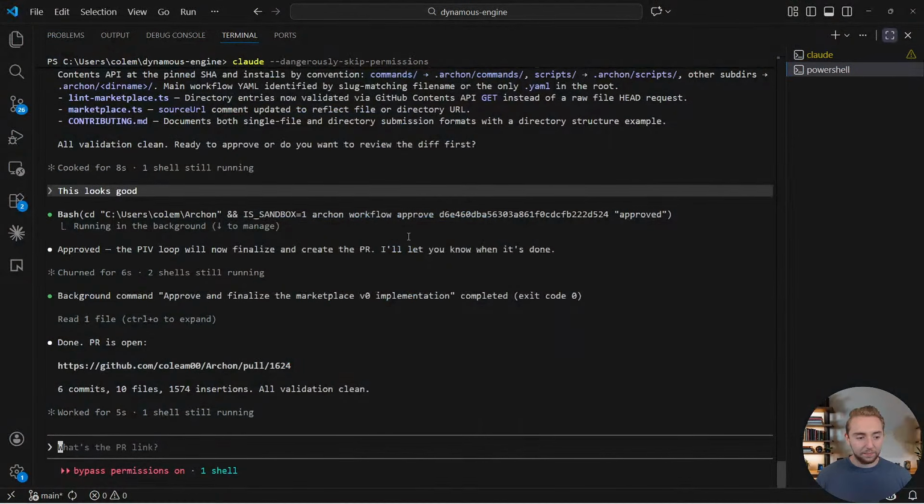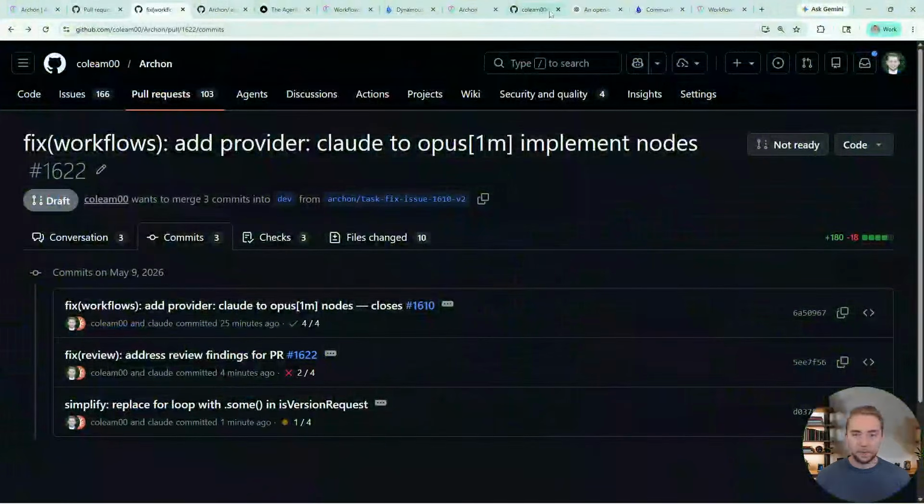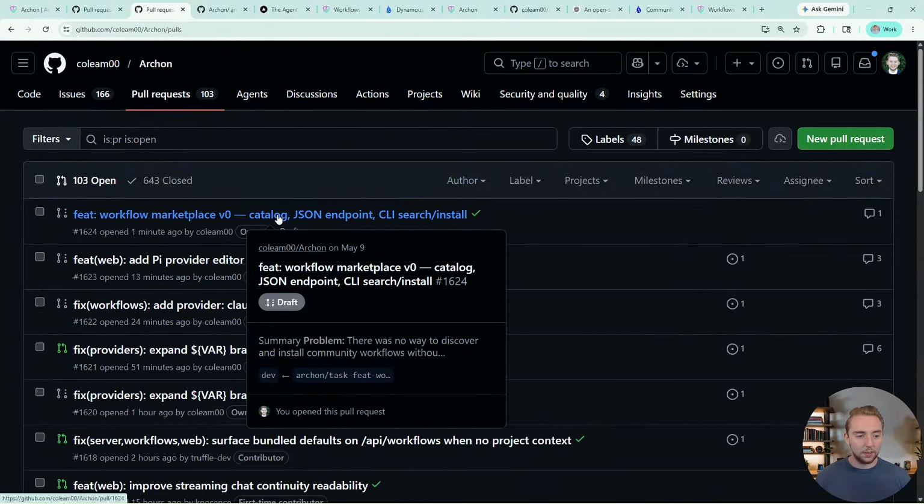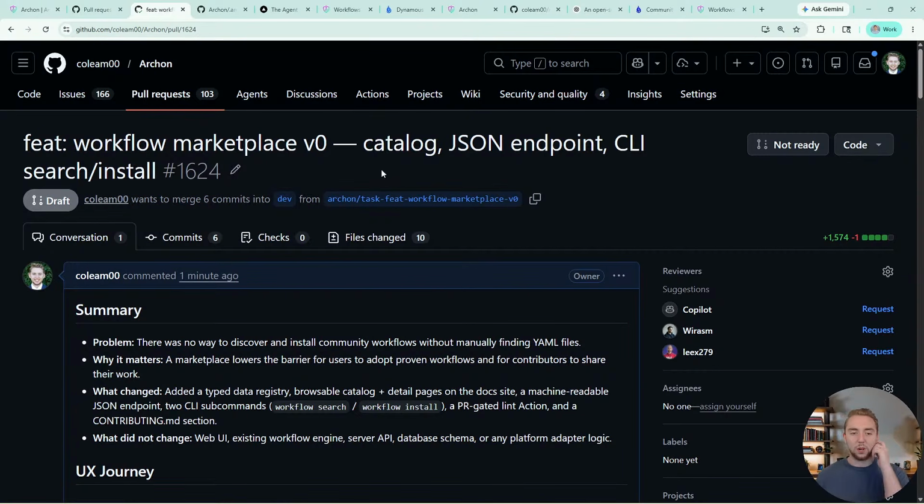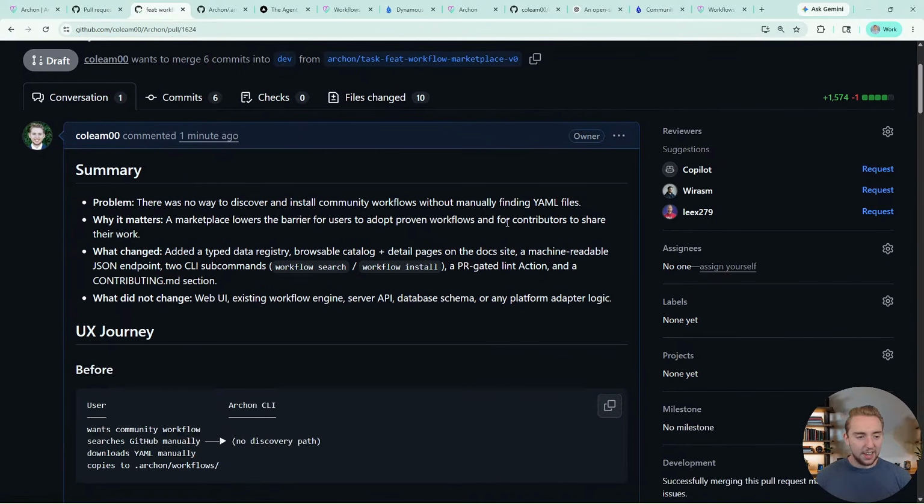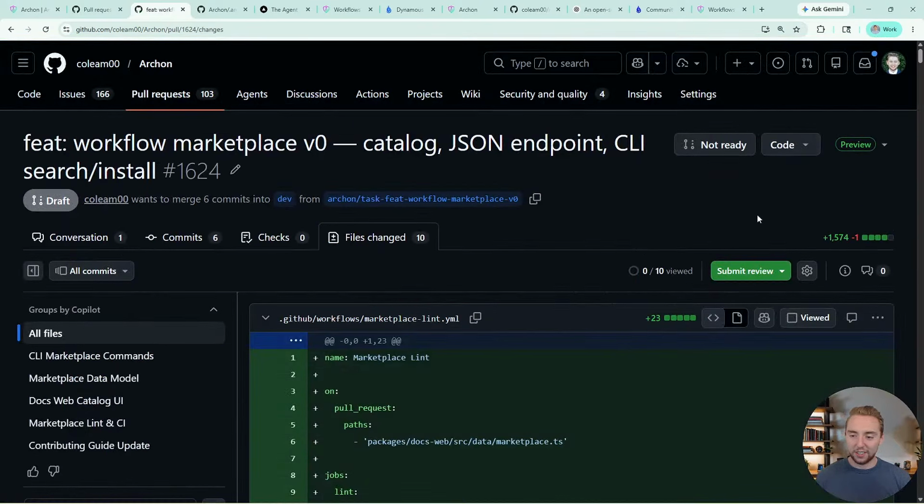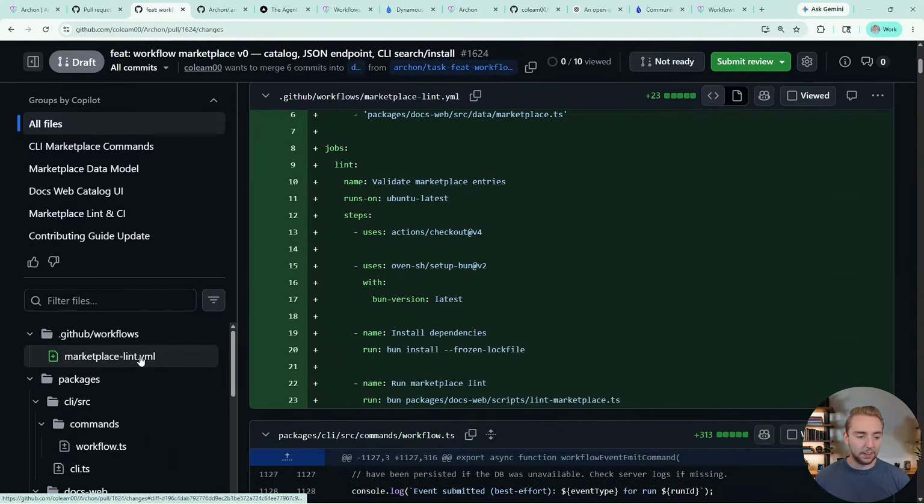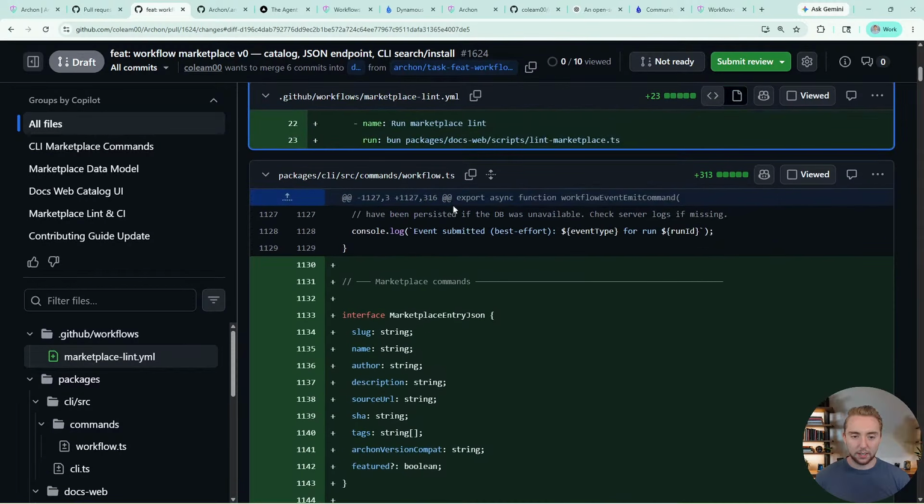All right. Okay, so our PIV loop's done. So we have a pull request open. Let's take a look at that. Go back here, pull requests. All right. So we have our marketplace workflow v0. And there's a lot of files changed, or a lot of code changes, but it's just because we created a brand new section of the website. So if we take a look,